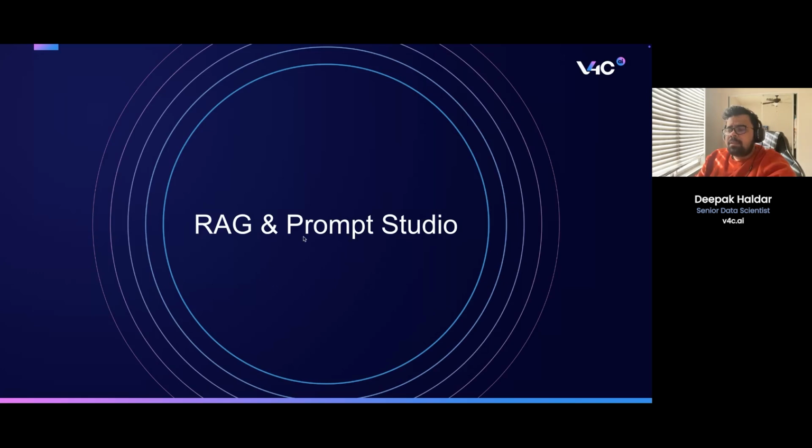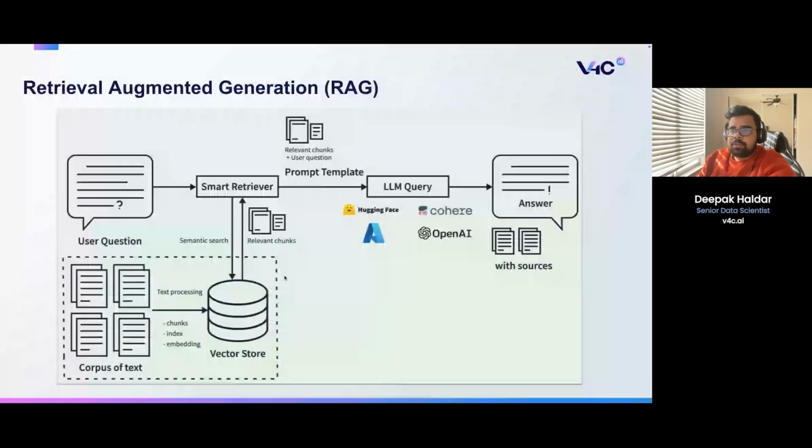Next, we'll cover the RAG and the Prompt Studio. So what we see here is a diagrammatical representation of a RAG. As we can see, the process starts when a user submits a question. This could be anything such as what's the latest company policies or summarize this legal contract. Now what the system needs to do is provide a precise, contextual, relevant answer, often augmented with external